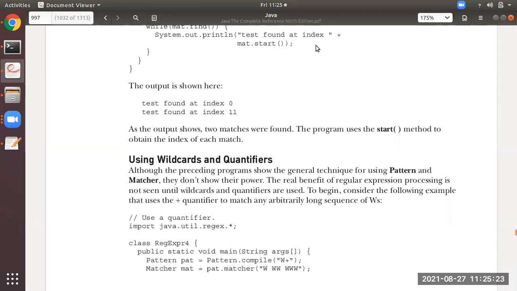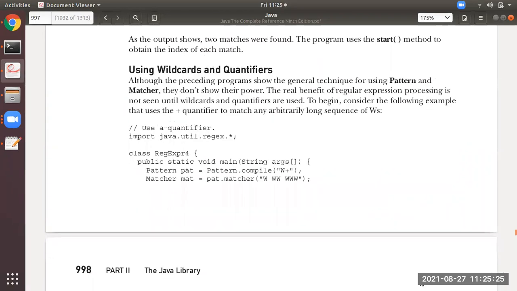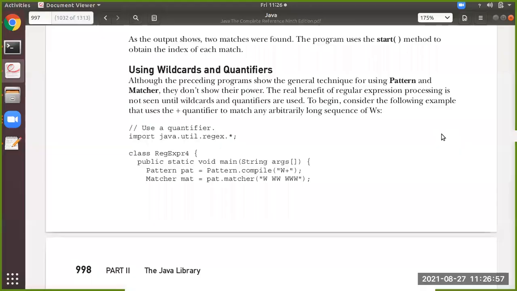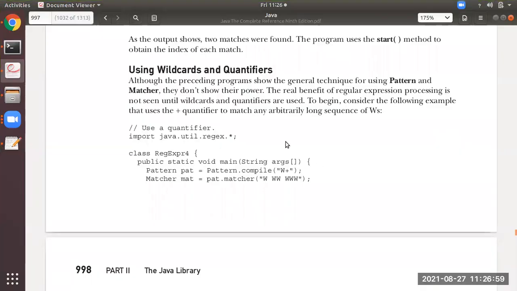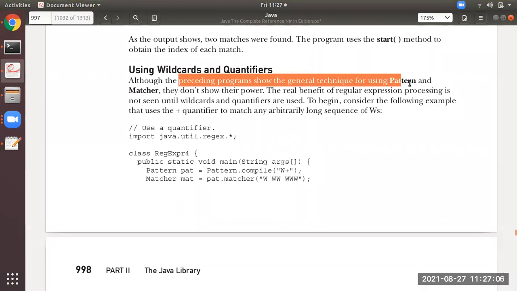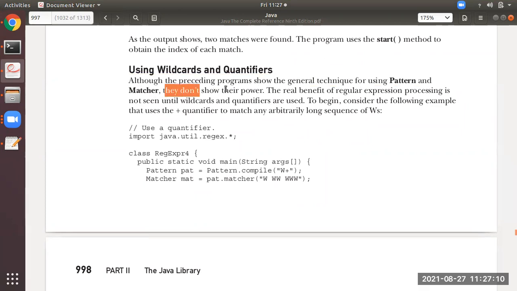Then next is using wildcards and quantifiers. See students, till now the preceding programs showed the general technique of using pattern and matcher, but they don't show their power. There are some other advantages also.